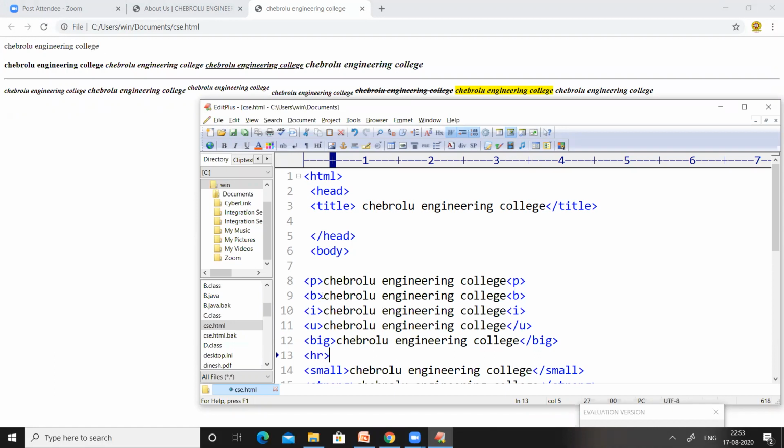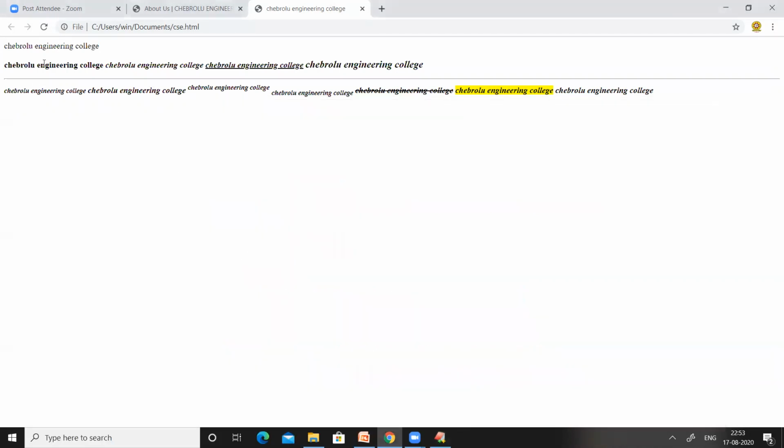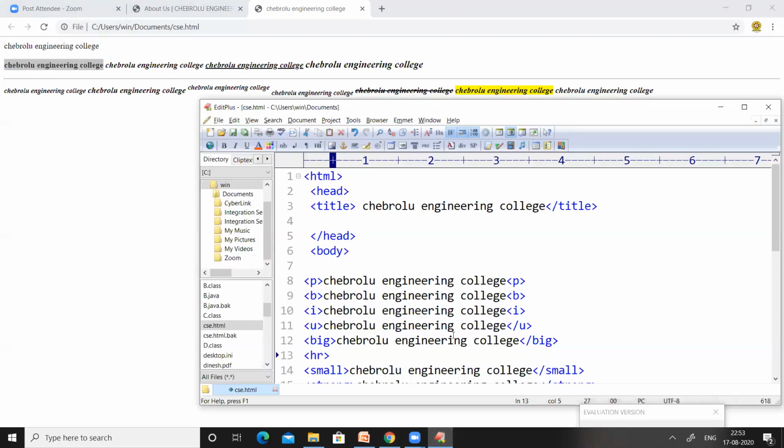And then we have applied bold tag for Chebrolu Engineering College. So the second one will be somewhat bolder than the first one. And then we have applied italic for Chebrolu Engineering College, and this is the italic part. You can observe in the output italic part, the letters are bent forward,